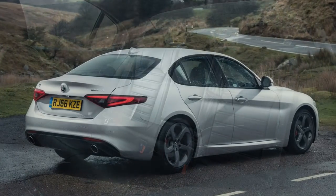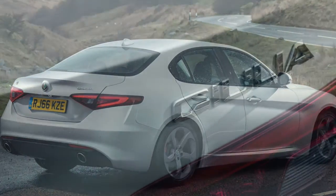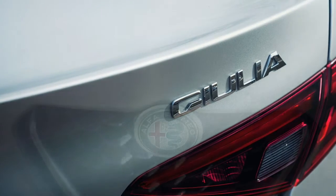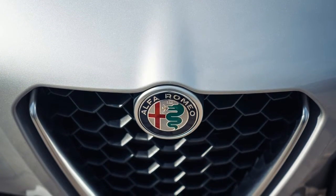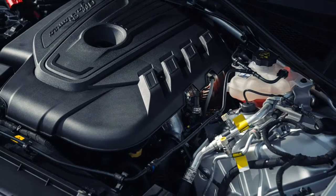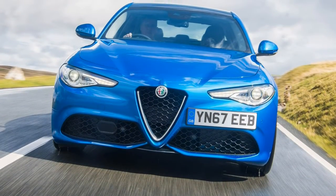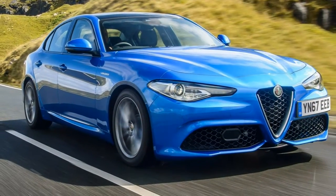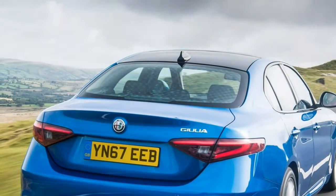Optional extras: there's an array of options available organized into packs. Climate pack: air quality system, cooled glove box, rear air vents, front and rear USB ports. Cold weather pack: heated washer nozzle, front heated seats, heated steering wheel. Convenience pack: sun visor with illuminated driver's vanity mirror, exterior door handle lights, keyless entry. Driver assistance pack: rear view camera, front and rear parking sensors. Driver assistance pack plus: rear view camera, electrochromic rear view mirror, front and rear parking sensors,